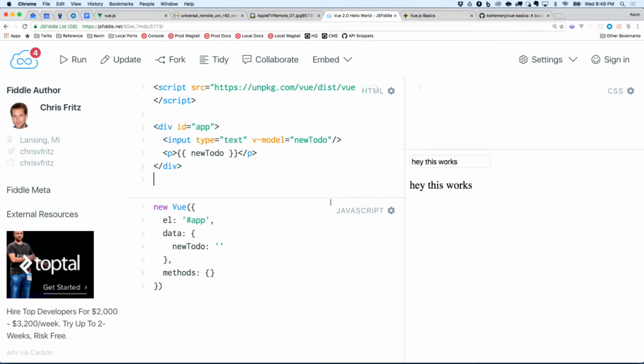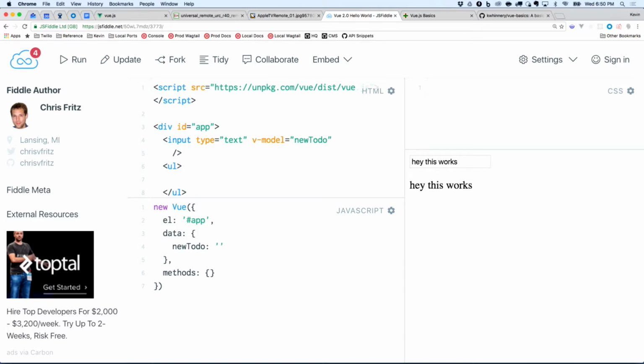All right, so we've got an input here, and now we don't want to just output whatever is there into a paragraph. We want to actually start to make a to-do list application. So let's go ahead and create an unordered list, which we're going to paste those to-do objects into. And when we update this and somebody hits enter inside the text field at that point,